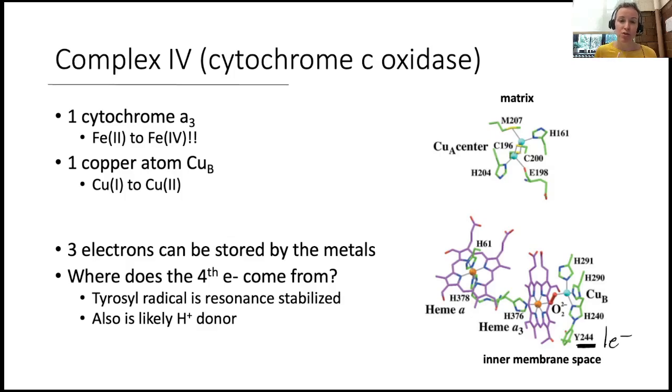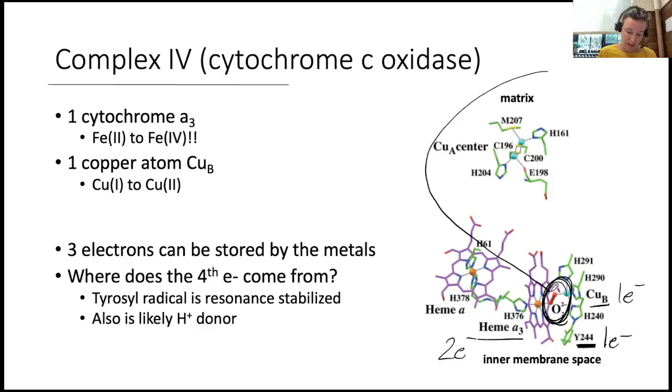Because tyrosine structure can do resonance, an additional electron can be stabilized through the resonance. So 1 electron from tyrosine, 1 electron from copper center B, 2 electrons from heme A3, all given to oxygen to create 2 molecules of water. That is how we have flow of electrons ultimately